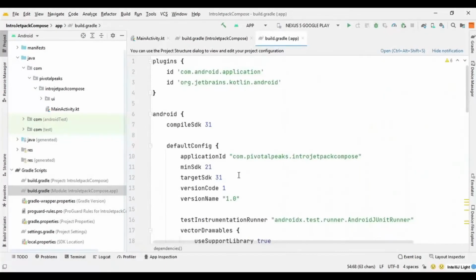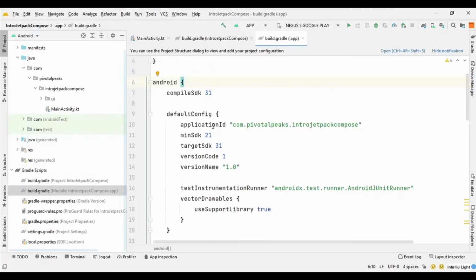and the second build file is an app level build Gradle file. So it has the plugins script. So here we define plugins, and in this section we define the compile SDK, which is 31, and default configurations, which we already defined when we were creating the project. So minimum SDK is 21, target SDK is 31. If you want to change your SDK, you can change it from here as well. And this is where the version code is. So right now it is 1.